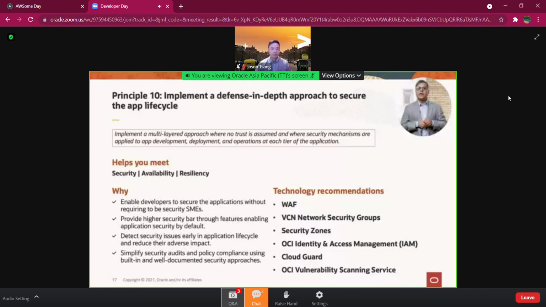OCI Identity and Access Management gives you strong authentication and security policies for access control. CloudGuard provides the ability for you to monitor for misconfigurations or anomalous activity. So that's an example of a detection mechanism. Another example is the vulnerability scanning service. So this service periodically scans virtual machines and containers for vulnerabilities from the CVE database. So we've covered a